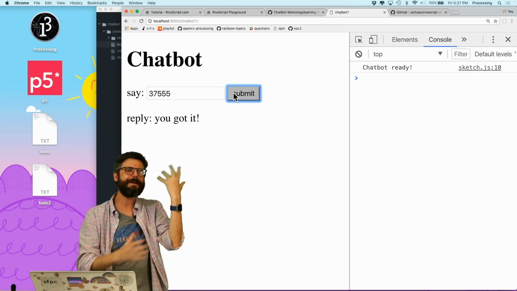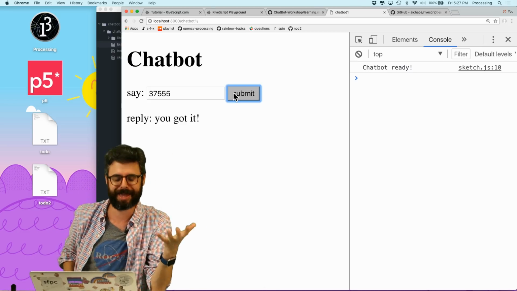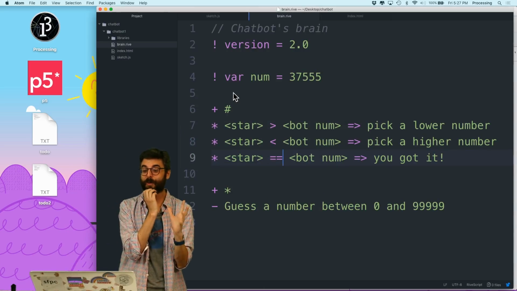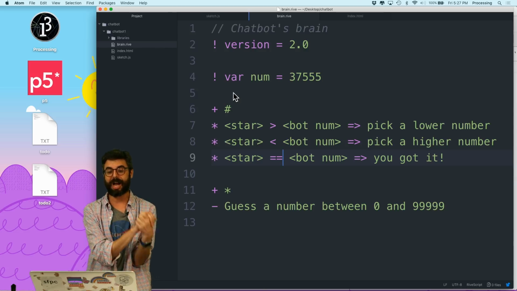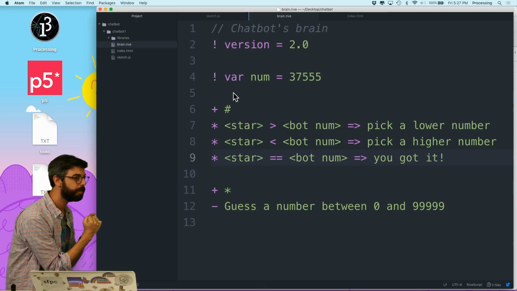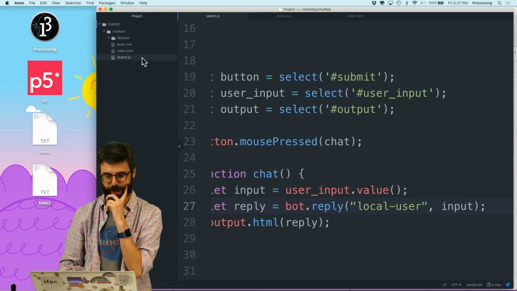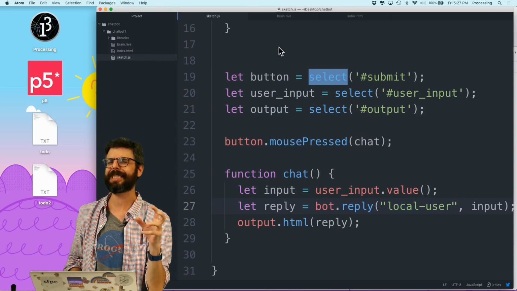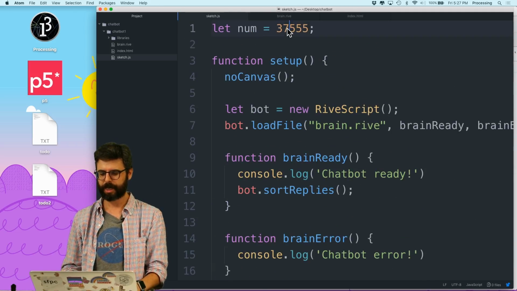Like, it should have a name and it should be able to respond to other things. But one thing I want to do is, so why am I doing this? I don't know. I've really lost track of that. But one reason why I'm doing this is if I combine RiveScript and JavaScript, I can make use of the powerful pieces of RiveScript and JavaScript together. So what I could do is I could actually have JavaScript. I don't think there's a way for RiveScript easily to pick a random number. There probably is. But just for the sake of argument, what if